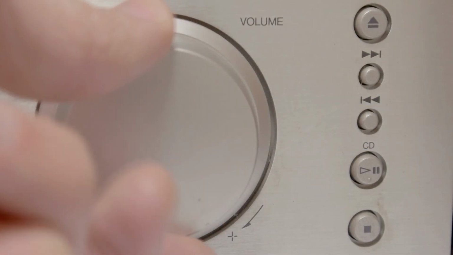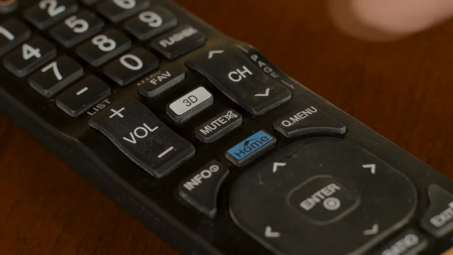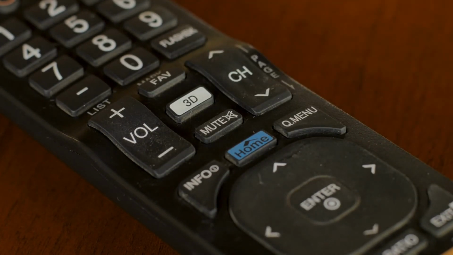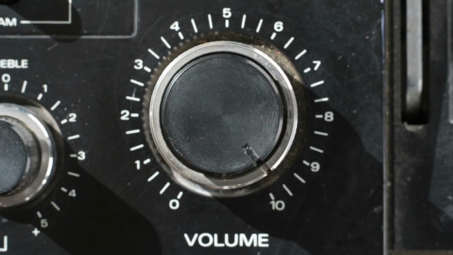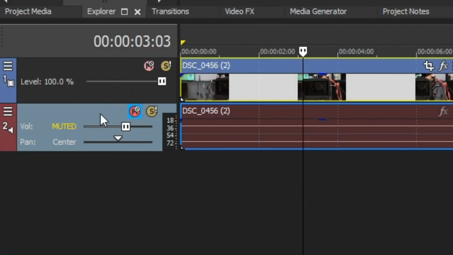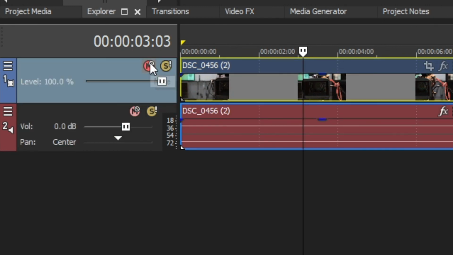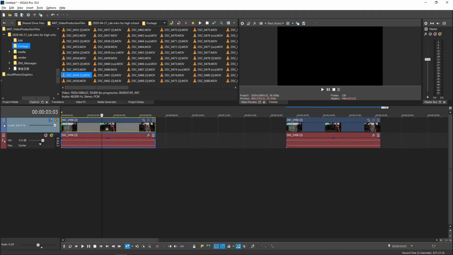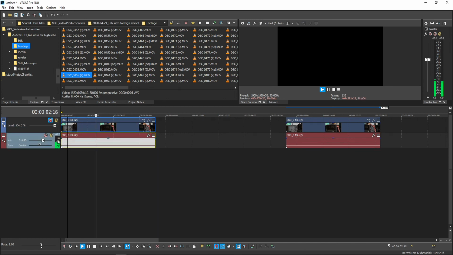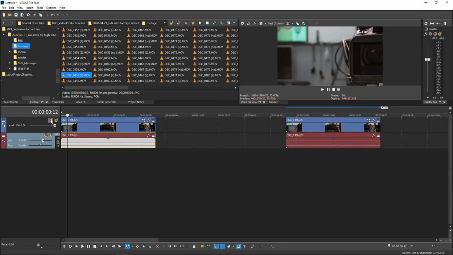The word mute is often associated with sound, right? Mute the TV, mute the laptop, mute the phone. But in this case, the mute button applies to both audio and video tracks. For the audio track, it cuts off all sound, muting it like we're familiar with doing. However, if you press mute on a video track, it will completely stop all video on that track from showing up in preview or in the final rendered video. In other words, the mute button is essentially like erasing the track completely while not actually deleting any of your hard work.